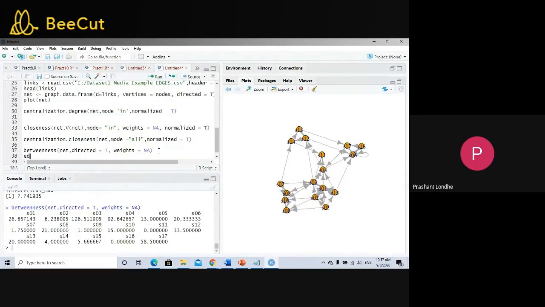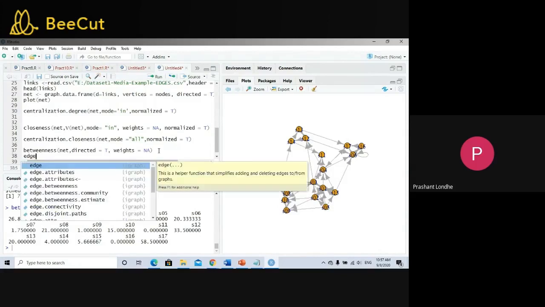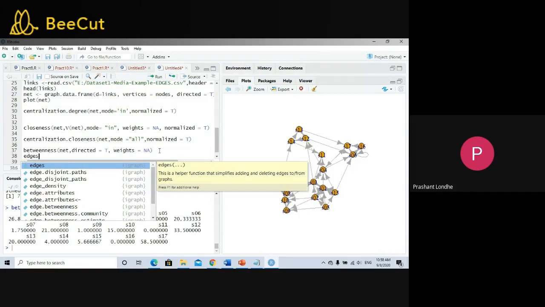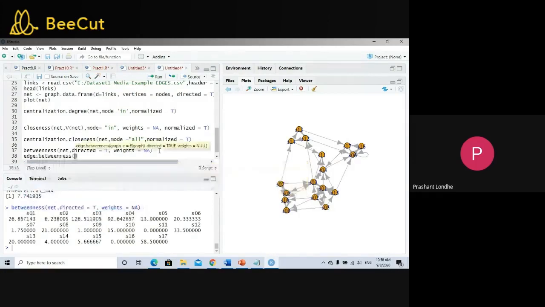And the last one is for the cluster, the edges dot betweenness, net, comma, directed graph, weights not available.